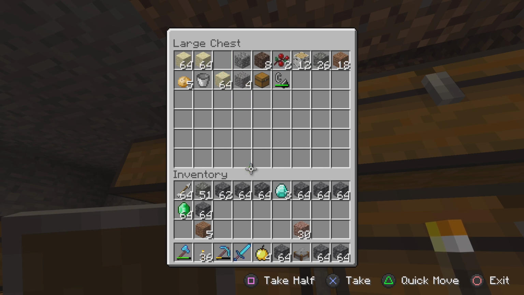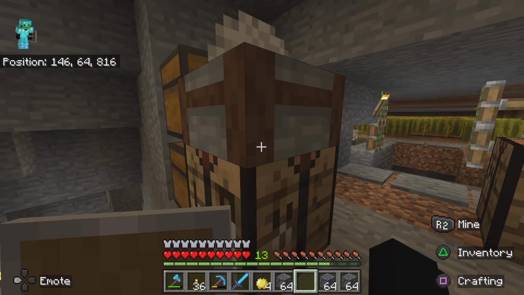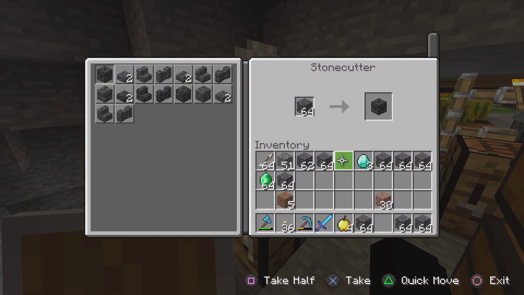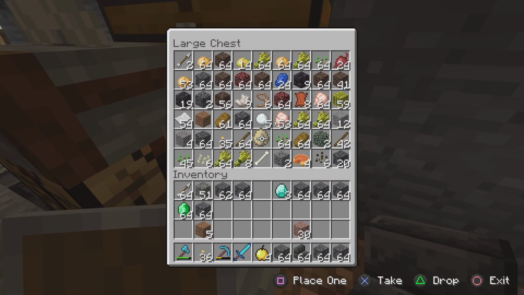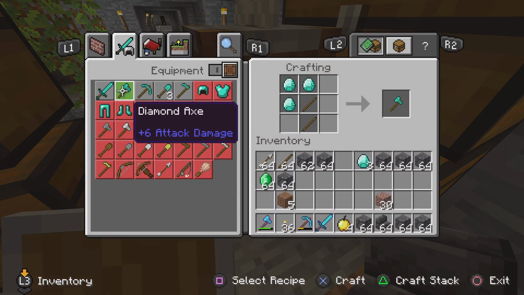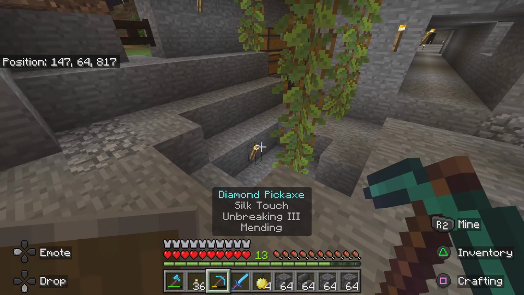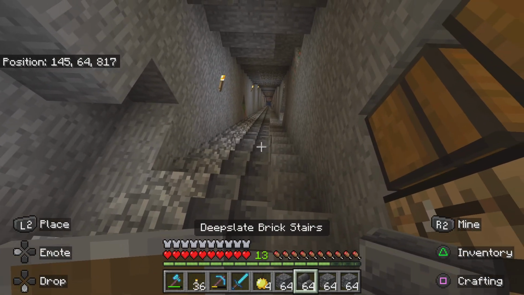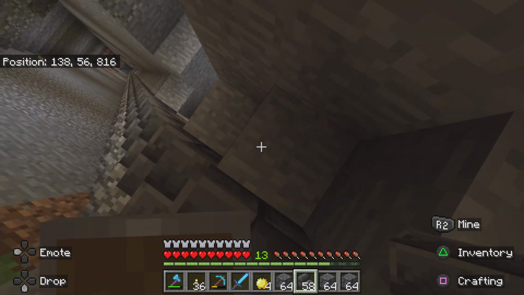This cobbled deep slate. Okay, so one of these I can make into stairs, and then the rest I need to mine with. Oh, and then I need sticks. Make another pickaxe. I mean, it's a little too late now, but I also need to, well, either way. This is going to hurt because I'm going to fall down. Actually, how bad can I fall down?